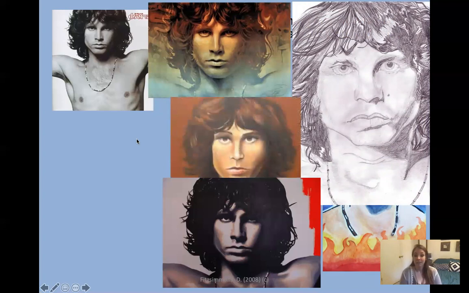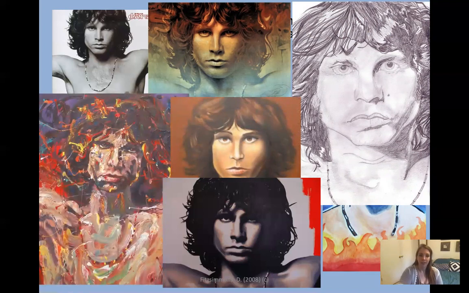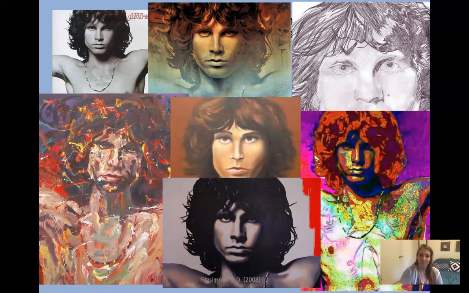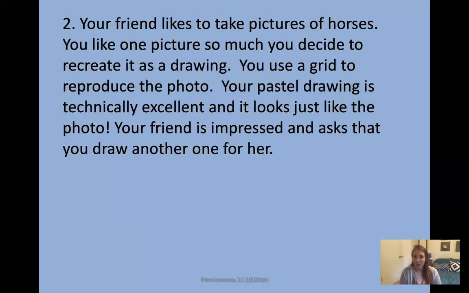If you took a photo from the internet and you photoshopped it, not good for the AP portfolio. There's another one. That one might be okay. That one's not good enough. All right, so make sure that if you want to do something involving celebrities, that you are original. If you take a reference photo of one of your friends and you just happen to put a celebrity's face on it, that would maybe work.